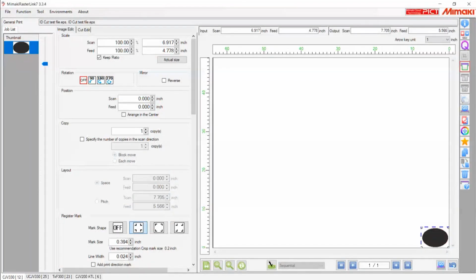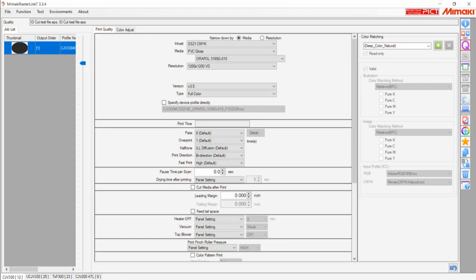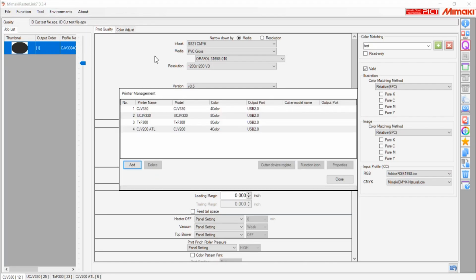Okay. So in RasterLink, let me make sure, yep, it's there. So under the quality tab on the right side here, you'll see that I have input profiles. I'll just make a test one real quick. And you'll see sRGB is right there. If this is what you're talking about, ICC input profiles, to add those, you will go to printer management,